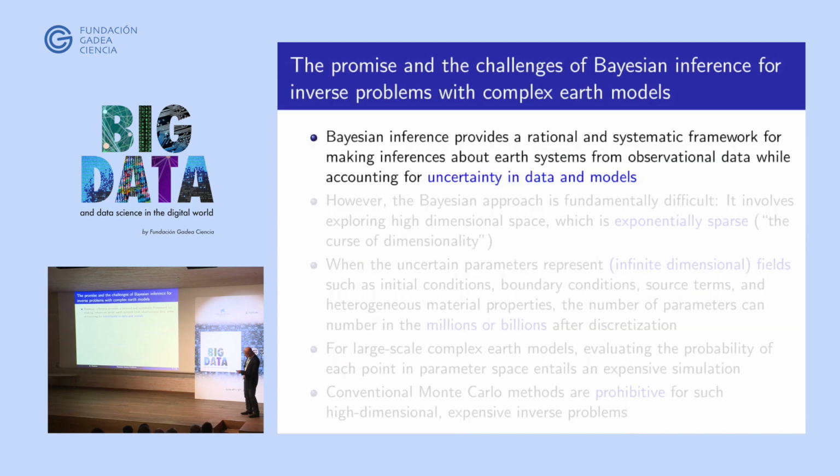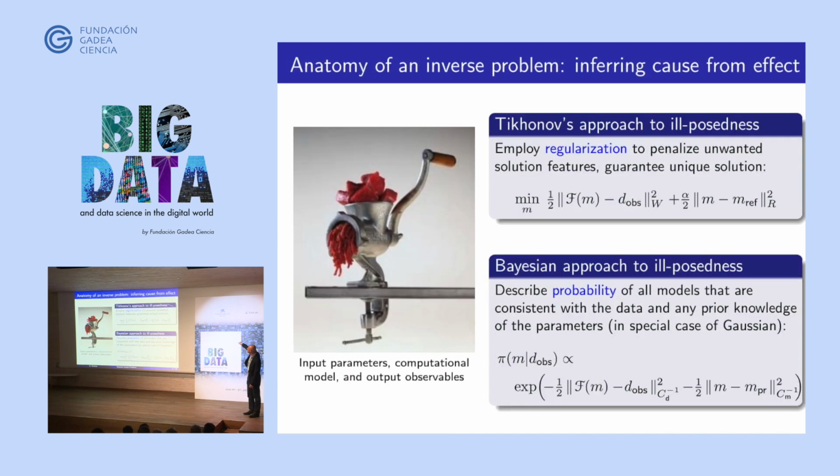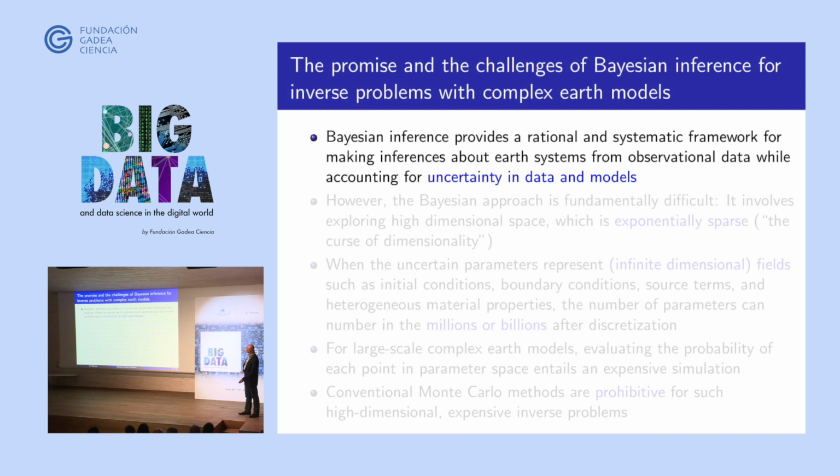So actually, it's kind of ironic that we refer to the Tikhonov approach as the classical one that dates to the 1960s, whereas the Bayesian approach can date to Bayes' theorem, 1763. But it's the challenges, the difficulty of doing this approach that has led to the Bayesian approach as really being the frontier. Okay, so what makes things difficult?